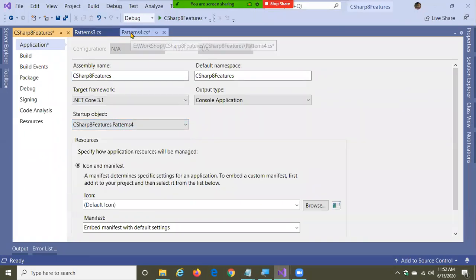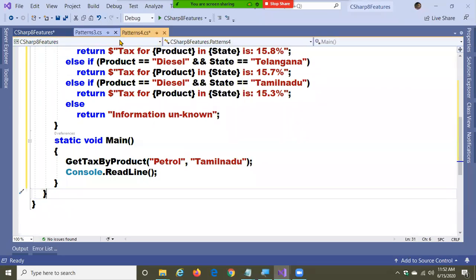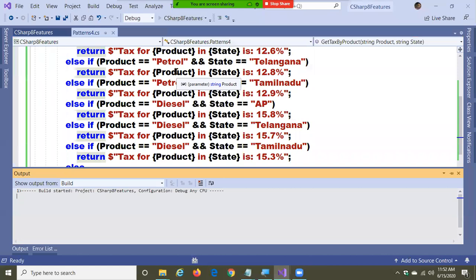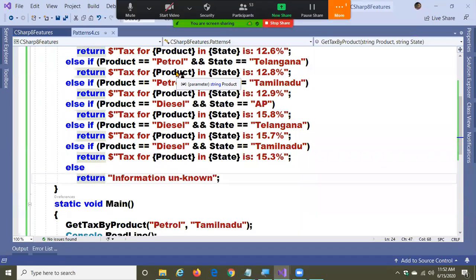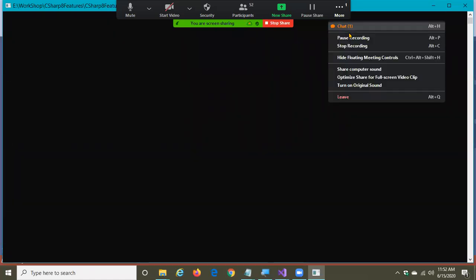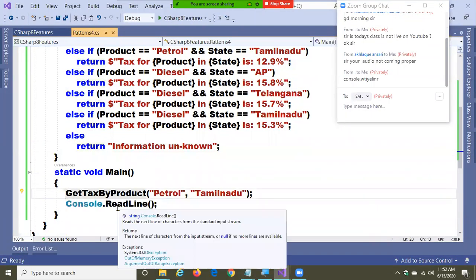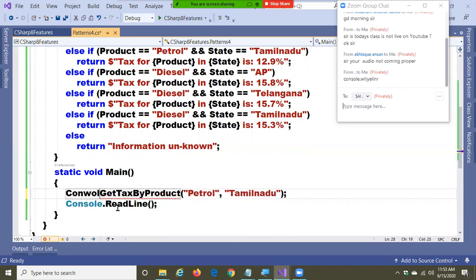So patterns 4. Run. Sorry. Console dot write line.